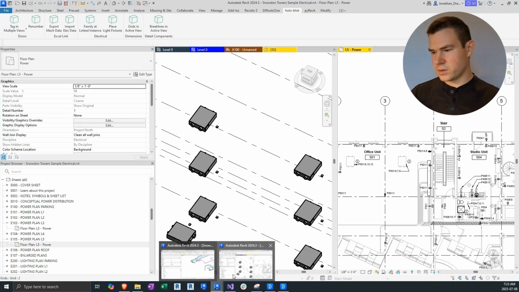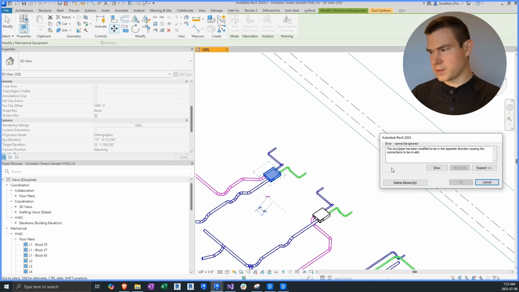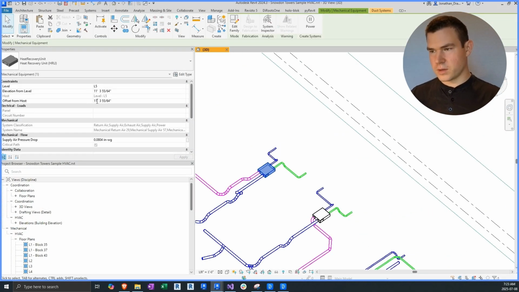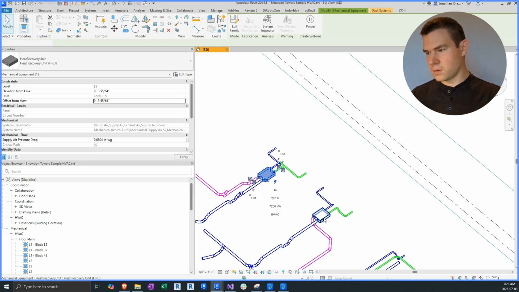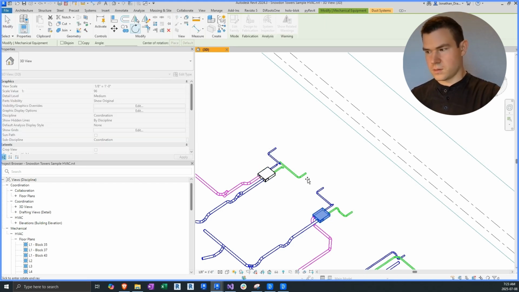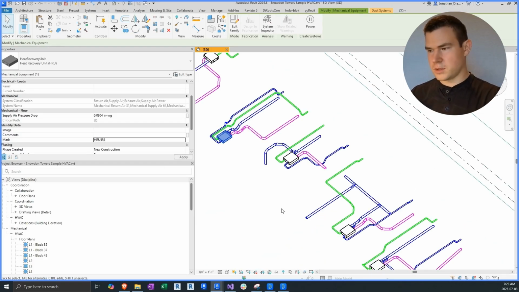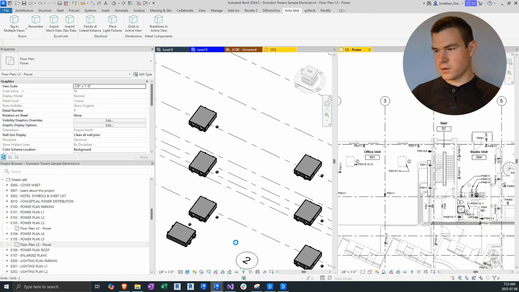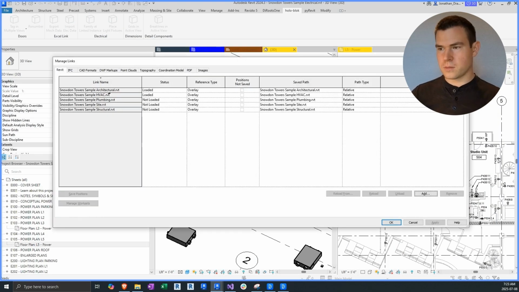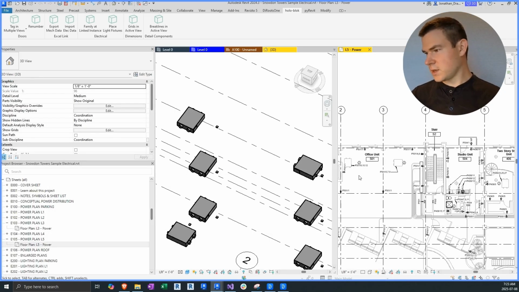I'm going to flip over to our linked mechanical model. I'm going to move some things and change the location, change the elevation, rotate this one, change the marks for these two. Now if I save that and go back to our other model and reload, everything's messed up,